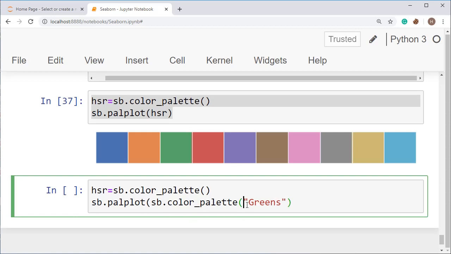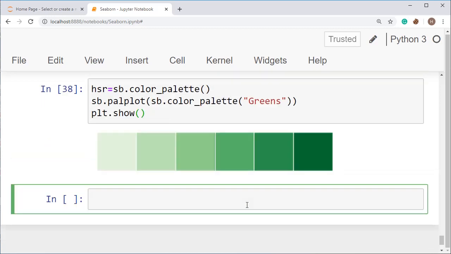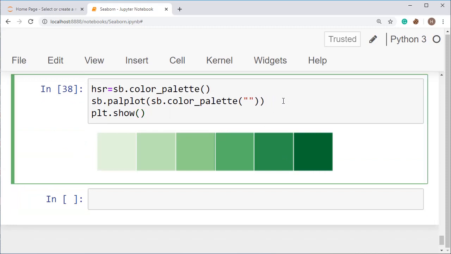All right, so this is our code, and when you run plt.show, this will plot the green color palette. You can change it here to red and you will get red color palettes.